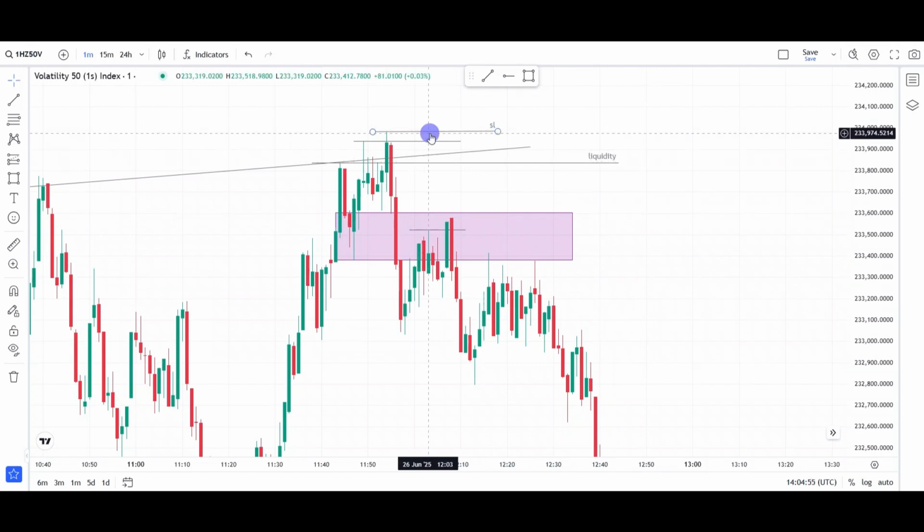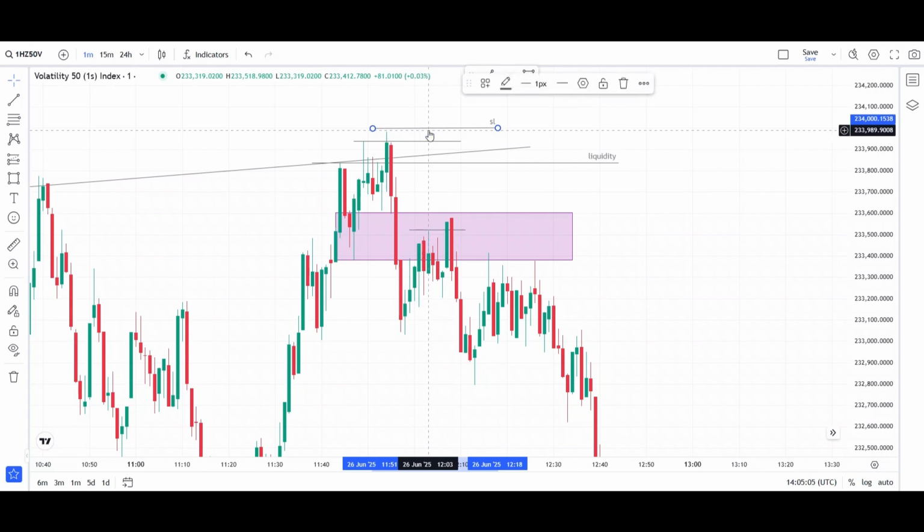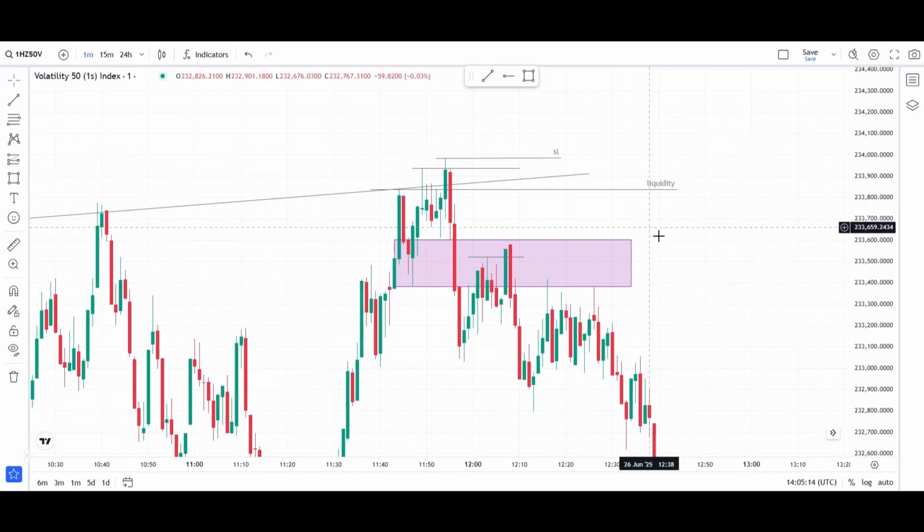If you want to put it a bit higher, you're more than comfortable, but I prefer to put it here, right? You can put it slightly higher depending on your account and how much you can risk, but I prefer to put it on that weak tip, that tip right there. So yeah,